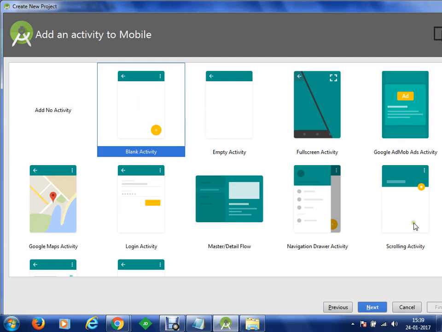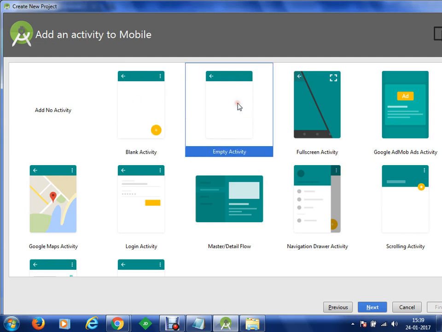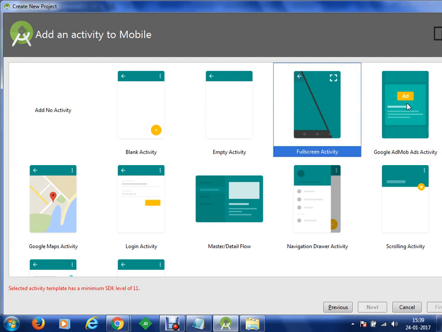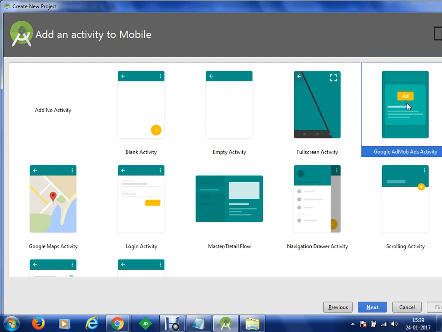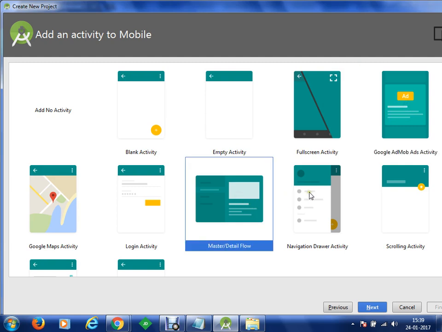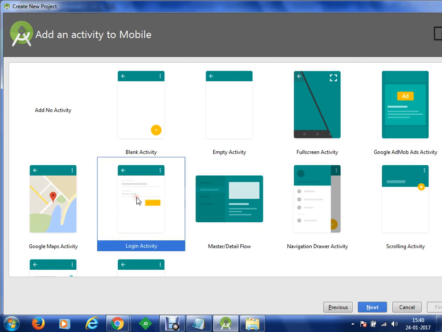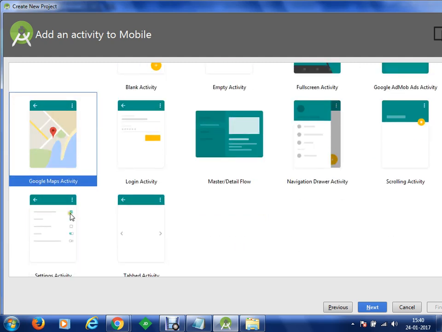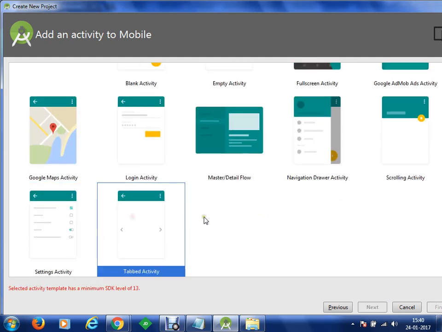Okay. Now, how can we get started with an Android project? There are some predefined templates which we can use to get started with an Android app. Okay. For the basic version used by beginners, empty activity is considered fine. Okay. So we'll get started with empty activity first because we like to build everything from scratch, and then we'll proceed with blank or full screen activities as well, or Google AdMob's ad activity, master detail activity, navigation drawer activity, login activity, or maps activity. So we can proceed further and use these options as well.